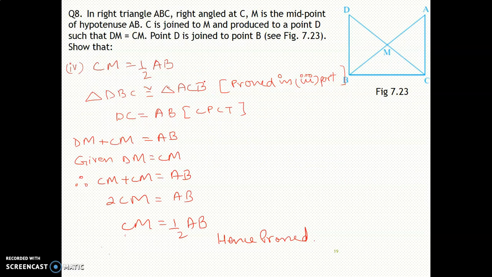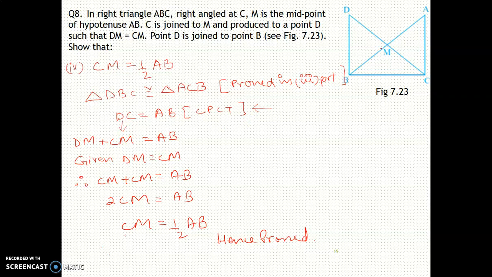DC is equal to AB. Where is DC? This DC. This DC will be equal to AB, correct? By CPCT, correct, students? Then this DC, I can split as